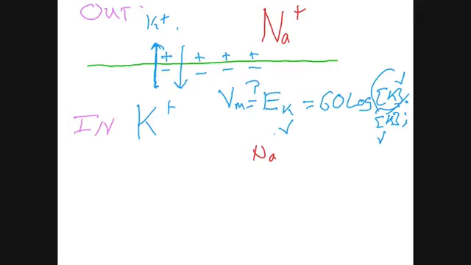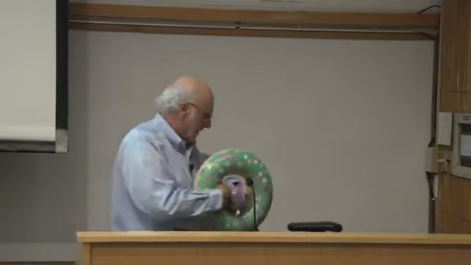And what would be the consequences of some of that sodium going inside? It's going to make the membrane potential more positive than you'd expect based on a membrane that was only permeable to potassium. Now we have a membrane that's actually permeable to 2 ions, not 1. So sodium's outside, it wants to go in, potassium's inside, it wants to go out, and the two are working against each other, essentially.